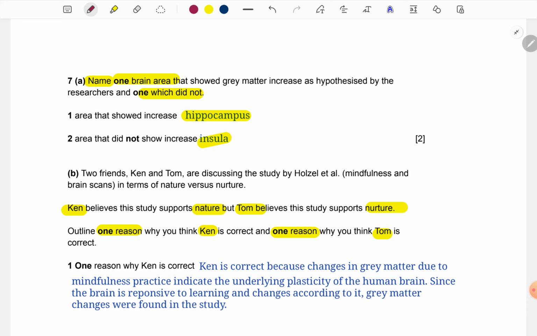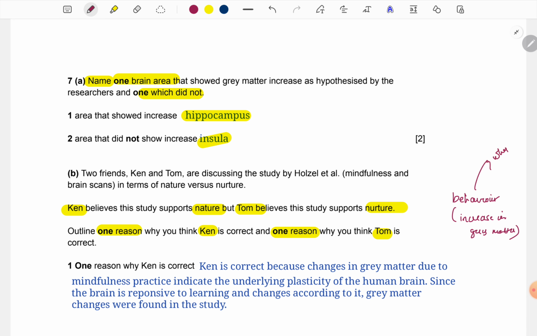Students get very worried about these nature-nurture type of questions. Any debate type of questions where they have to side with either, they get very fixated on one side and are not able to see the other. Simply what you have to do is, for these type of questions, I always say, you first note which behavior has been investigated in the study. In this case, it is increase in gray matter. I know strictly speaking it's not a behavior, so you can think of it as the dependent variable.